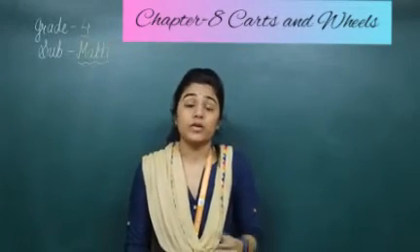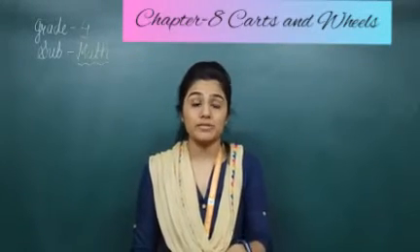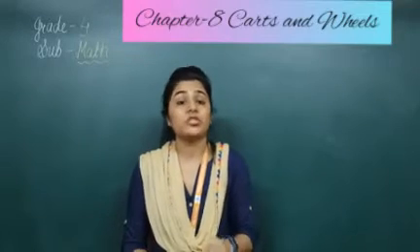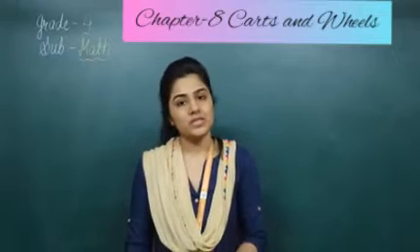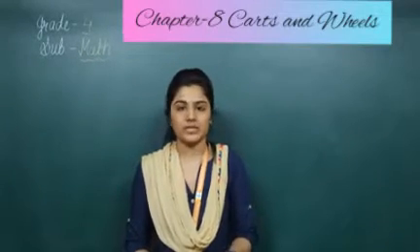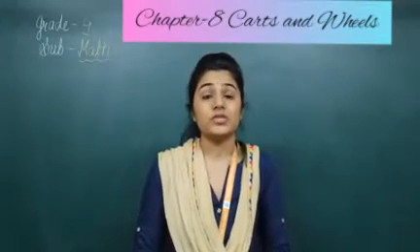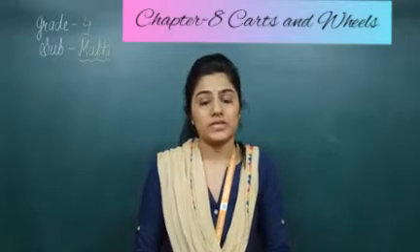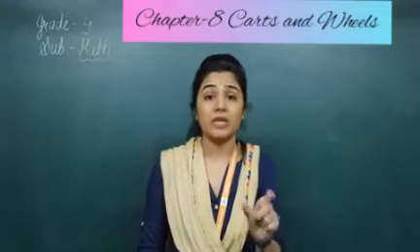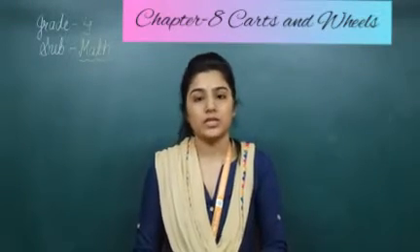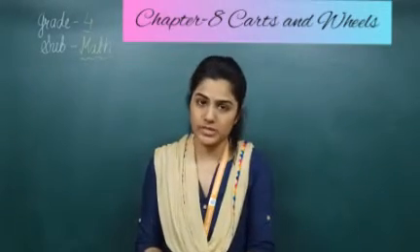What is the shape of a circle? How can we draw the circle by using the compass, by using the free hand? Which thing can we use to make the circle? So in this chapter we have to learn about these basic things. And also you will learn the main words, which are the radius and diameter. We will learn about these two words. With the help of these words, we can measure the circle and draw the circle. So firstly, I am showing you how we can draw the circle with different objects.